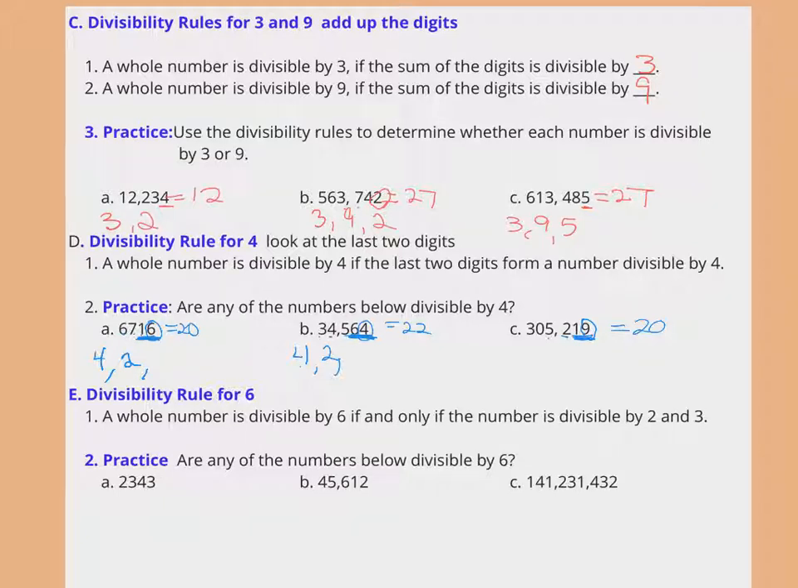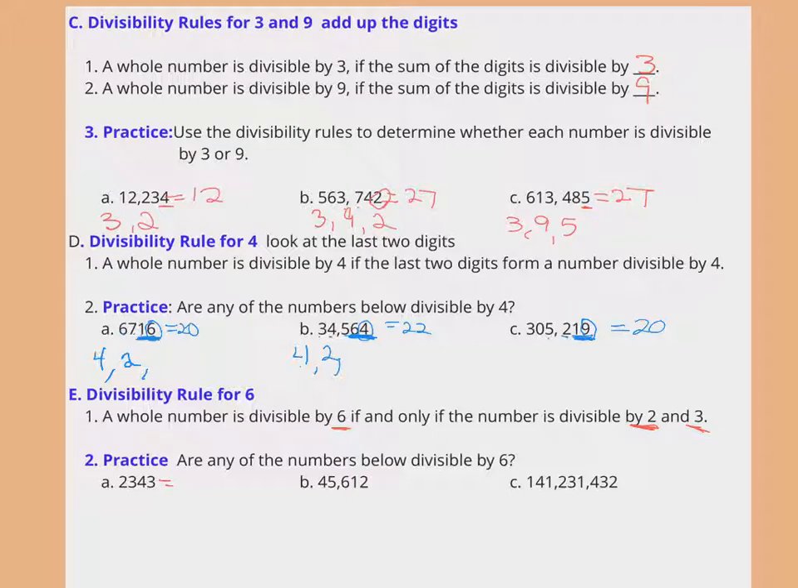All right, and then we have our divisibility rule for 6. Our divisibility rule for 6 is that a number is divisible by 6 if it's divisible by 2 and divisible by 3. So if we look at our practice problems here,